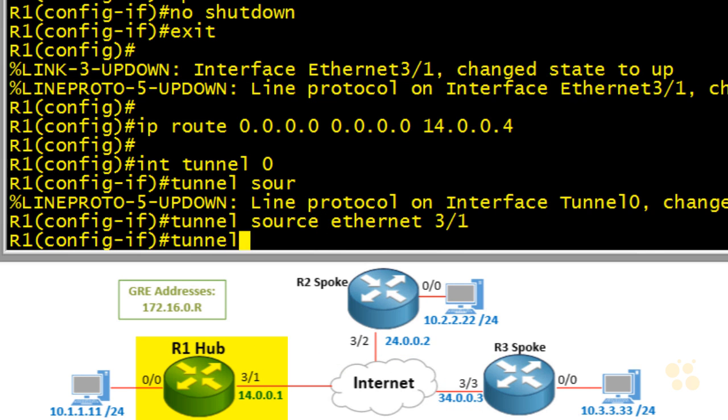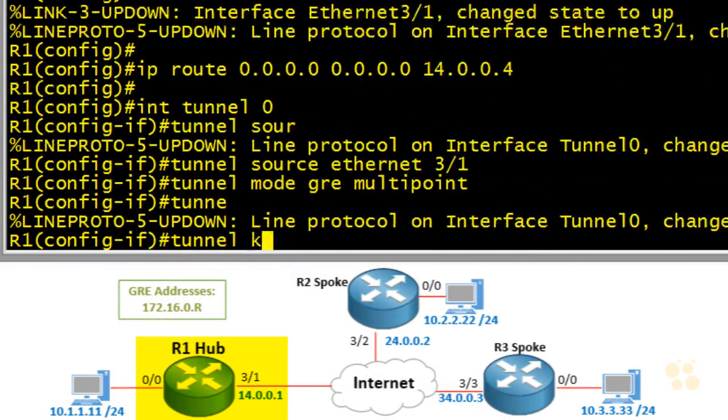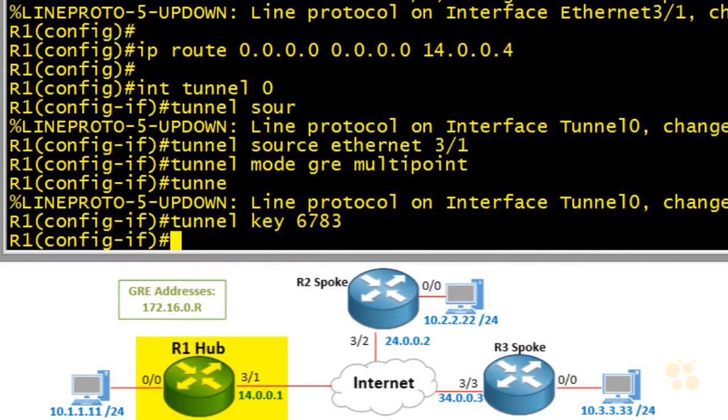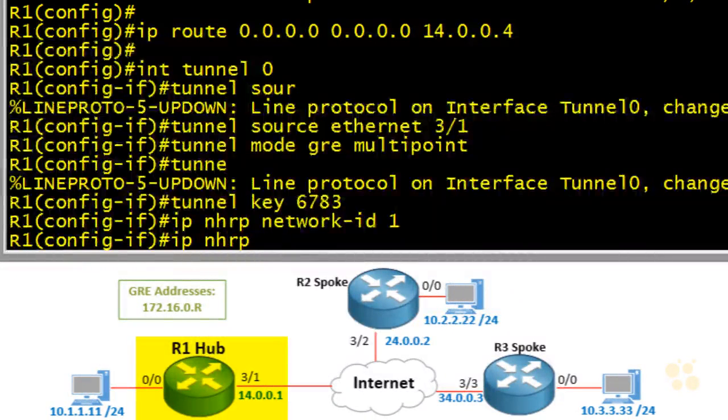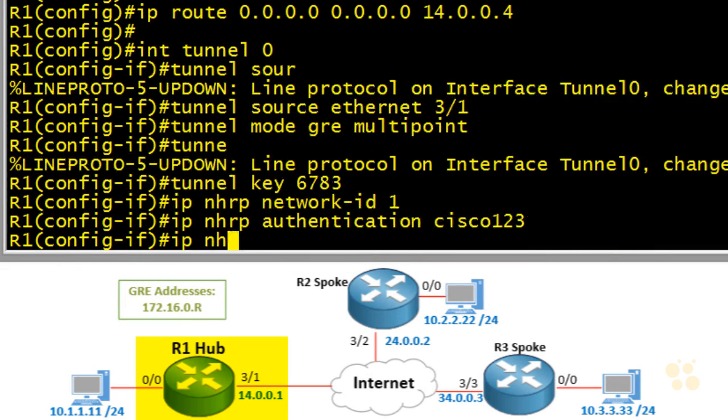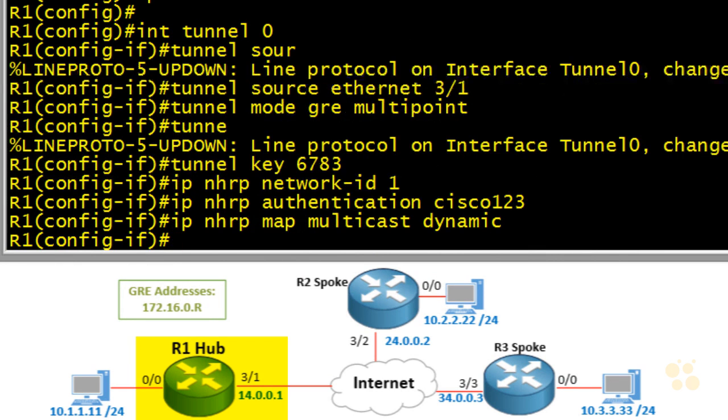We're going to specify that we want to use GRE multipoint, and we're also going to specify a GRE key of 6783. And that key would need to match on each of these spokes as well. As Jeremy explained in the CCNP route course, the magic behind dynamic multipoint VPNs is GRE multipoint interfaces and the Next Hop Resolution Protocol. So we're going to specify an NHRP network ID of 1, which also has to match on the other devices, R2 and R3. We've also specified a password we're going to use for authentication of Cisco123. And we're also using on the hub the ip nhrp map multicast dynamic, which we need on the hub router